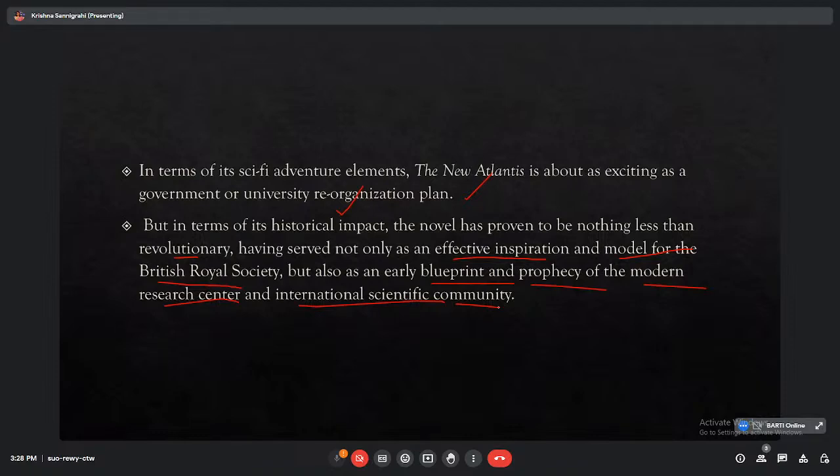So the novel has proven to be nothing less than what? Nothing less than revolutionary, having served not only as an effective inspiration and model for the British Royal Society, but also an early blueprint and prophecy. Prophecy means what? You are guessing about something. You are making a prediction, rather, we would say, a wise prediction about the future. So it is, or it was, an example of blueprint and prophecy of the modern research center and international scientific